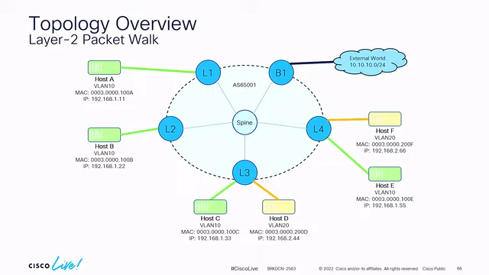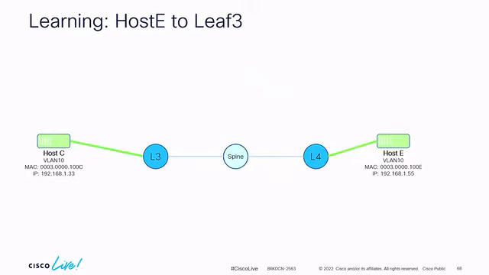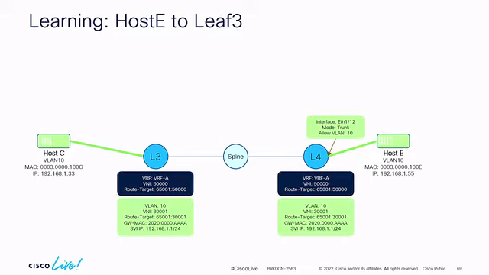Topology, still the same, and we do a layer 2 packet walk. So we do bridging now. My source MAC address of host C and my destination MAC address of host E have to be fully transparent all the time, right? I don't want to change or alter them. I want true bridging, no change in source MAC or whatever else in my packets as I go forward with this. So again, we have a learning phase, where I have to learn the respective MAC address